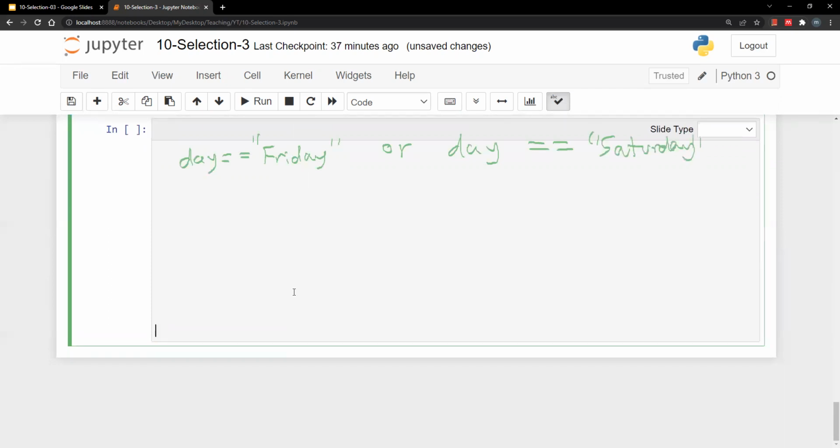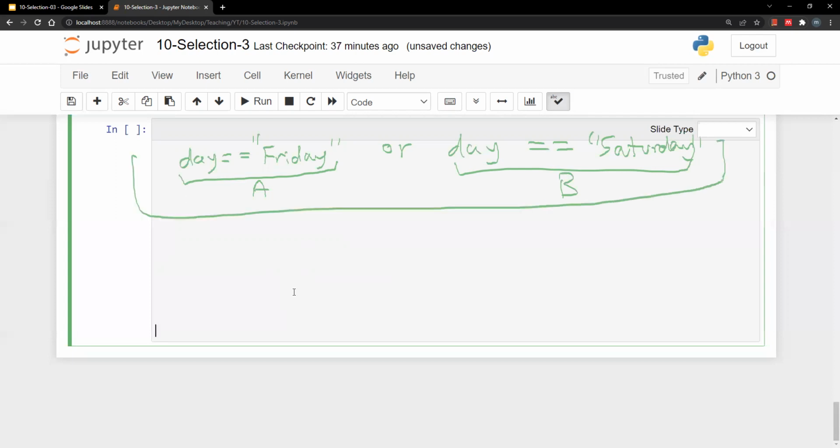Now, let's call this A and this B. Now, each part will have one of two values, true or false, and the entire thing will have one value, true or false, okay? So basically, if we have A, B, A or B,